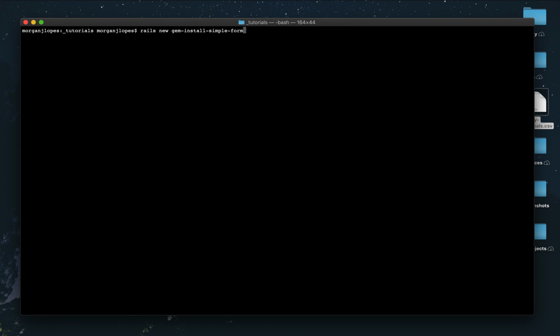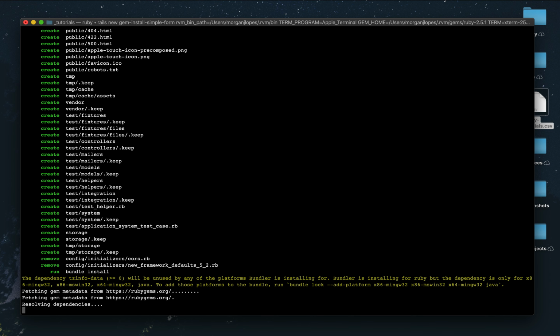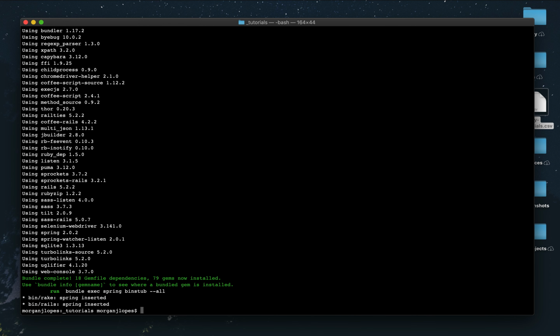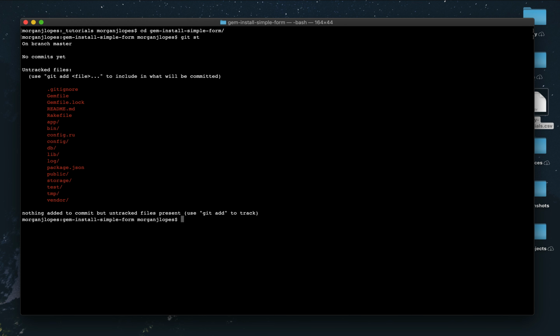That's its only function. This is not part of a larger project. So Rails new gem install SimpleForm. Great, so the app installed, no problems there. We are then going to change into the directory. Awesome. Git is already initialized, so I'm going to add